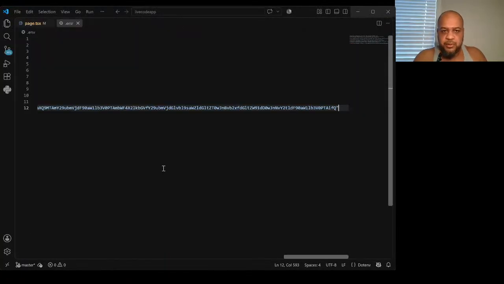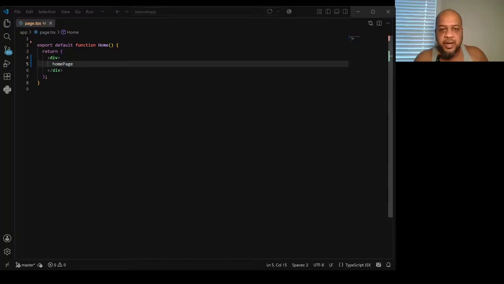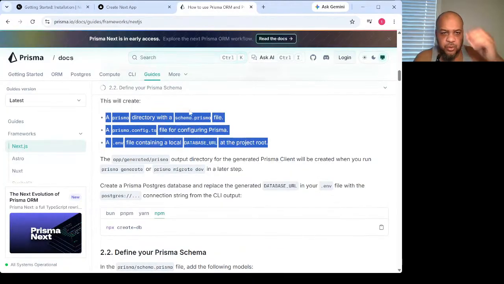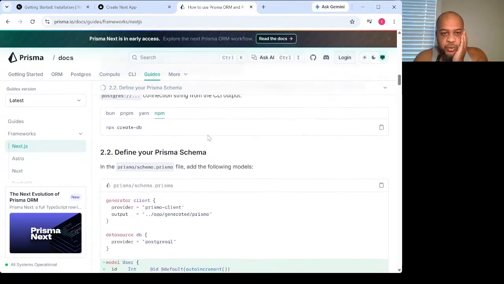Let's copy this, delete it, paste it in. We click save and delete that out. And if we go back, I think we can actually close this out now. We don't need this anymore. Yeah, we're good. All right, so going back to the Prisma documentation, next thing we want to do is